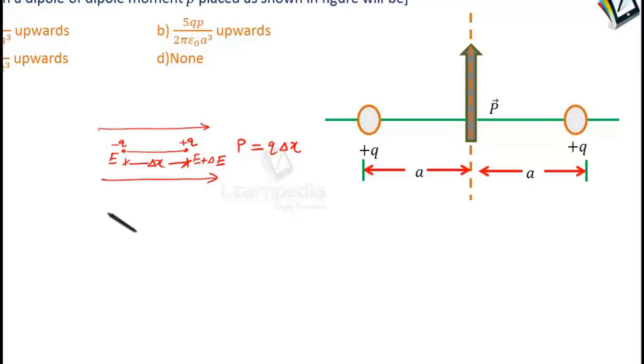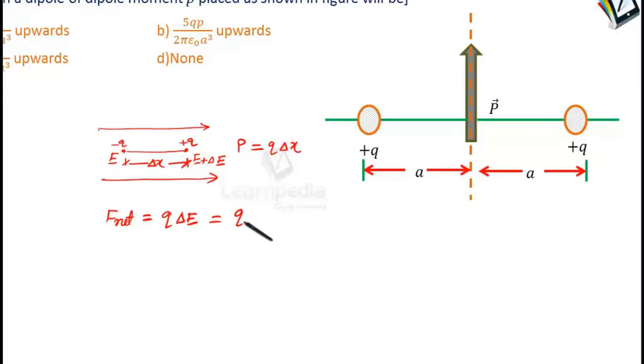So net force on this electric dipole, as we know, if it is a uniform electric field, then net force on the electric dipole is going to be zero in any way, because both the charges will experience the same force along opposite directions. That is why we are assuming that the electric field is changing continuously in the direction of the dipole moment vector. So F net will be what? qE and the difference with q(E plus delta E). So net force will be q into delta E.